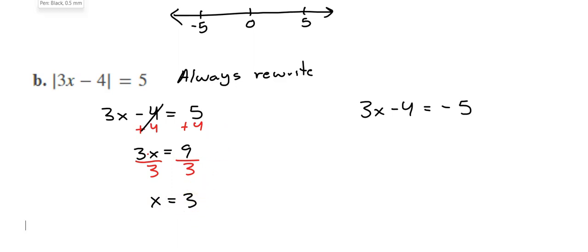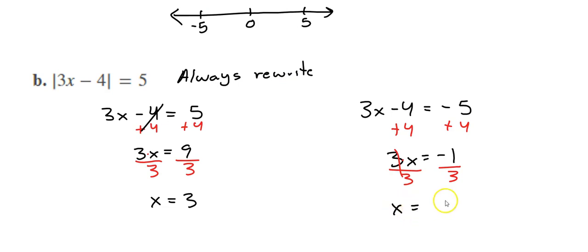Now on the other side, let's do the equation again. We're going to add 4 to this side, then we're going to add 4 to this side. That is going to leave us with 3x equals -1. Same thing as before. We have multiplication. To get rid of multiplication, we're going to divide. That's going to reduce this off. And then what we do to one side, we do to the other. That is going to leave us with x equals